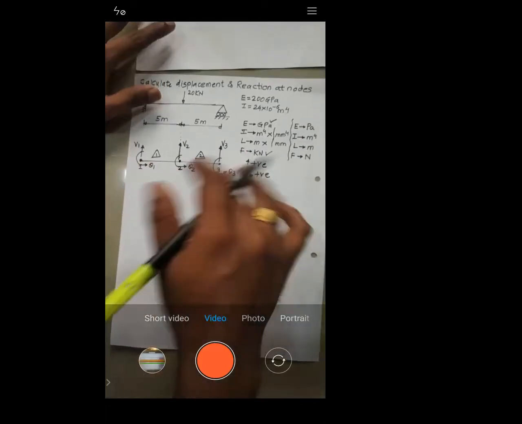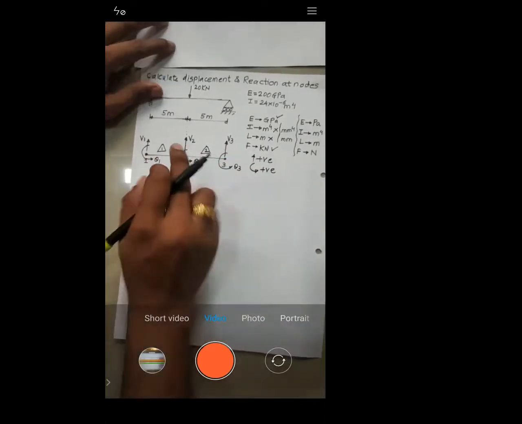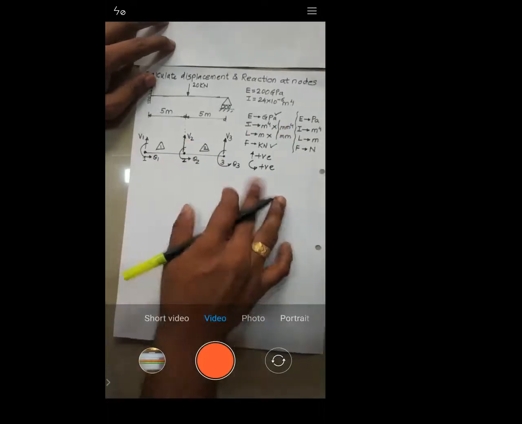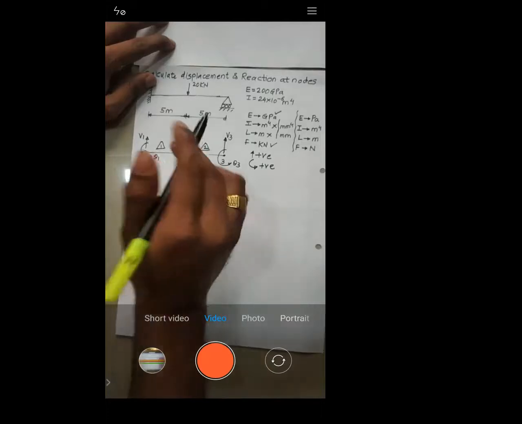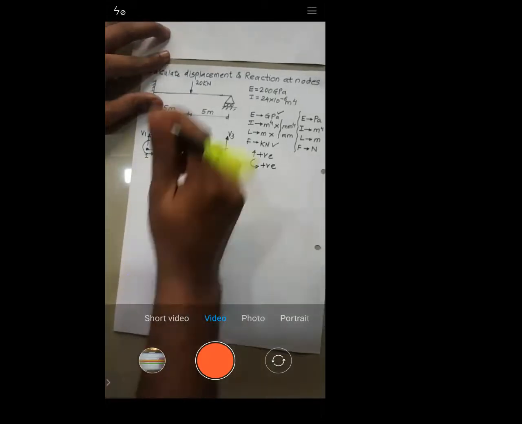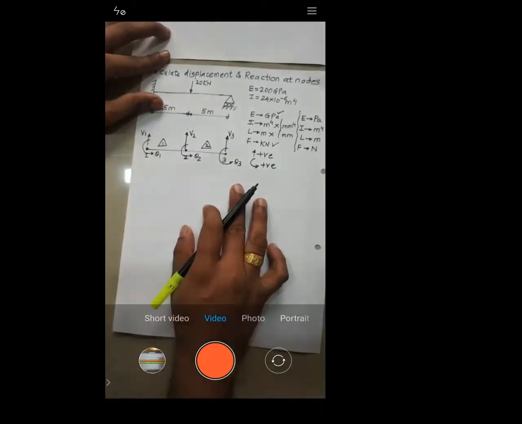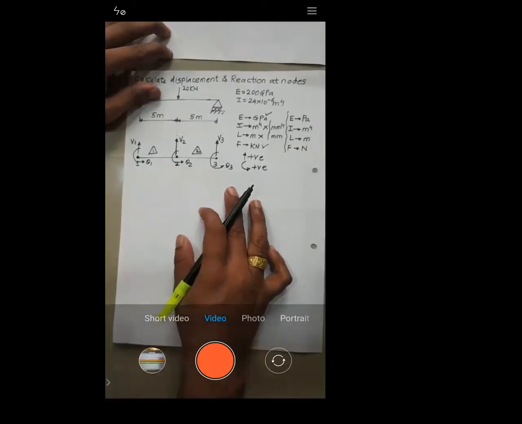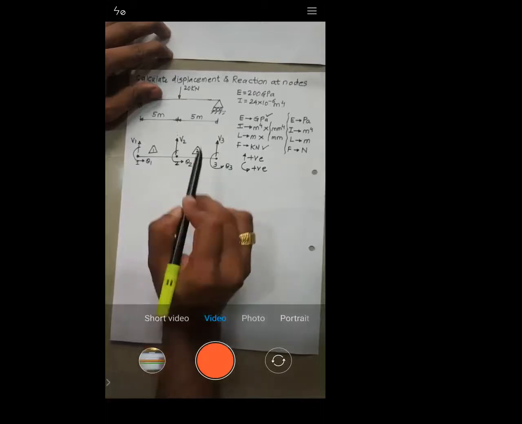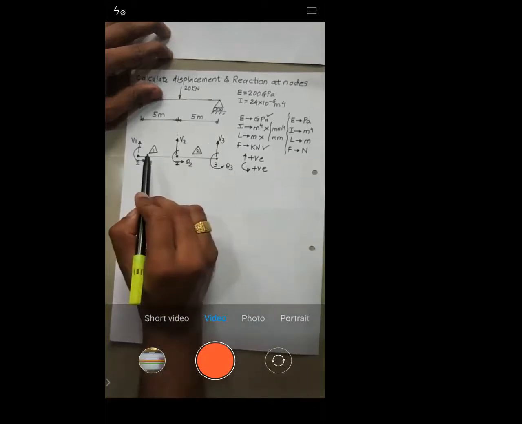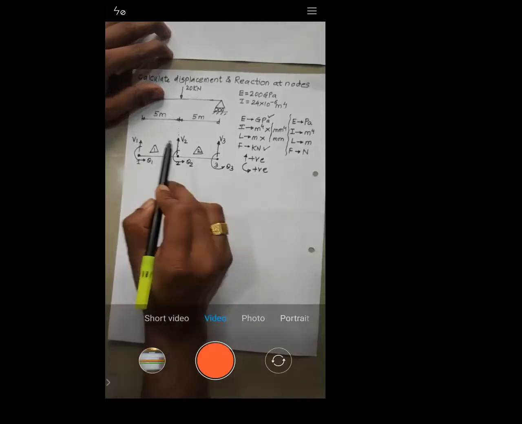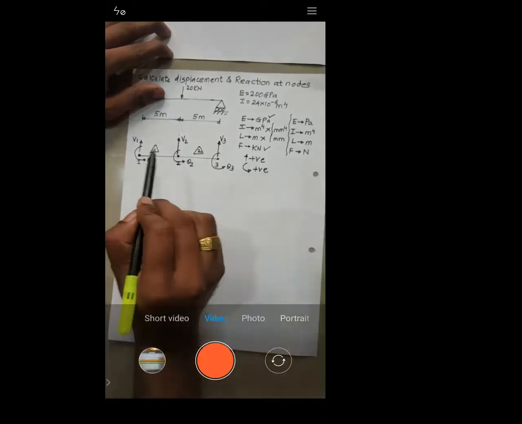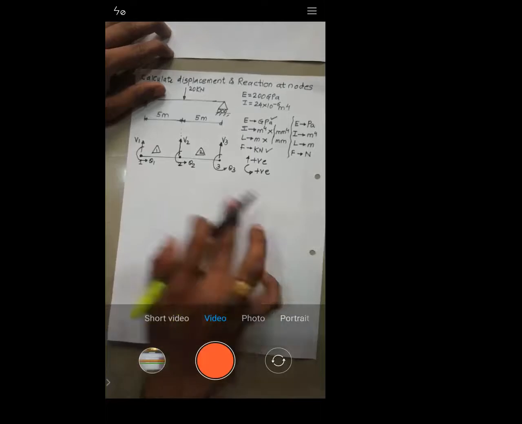This is an assumption. Now when we calculate, suppose the value of V2 comes out minus, that means whatever direction of V2 we assumed is wrong. Then what is the correct direction of V2? It's downward. Is it okay or not? Let me clarify. Yes, sir. See, I assumed v1, v2, v3 upward as positive. Similarly, theta 1, theta 2, theta 3 as positive, that is anti-clockwise direction. This is just an assumption.